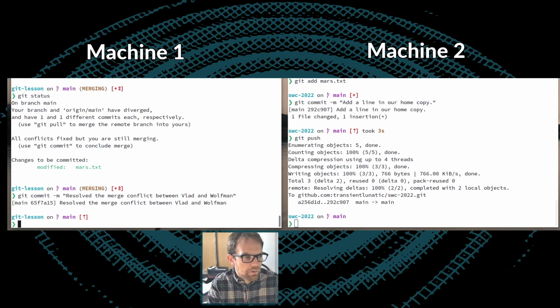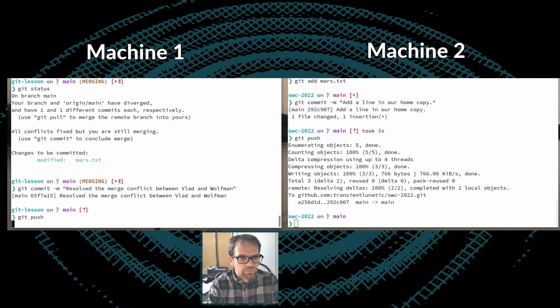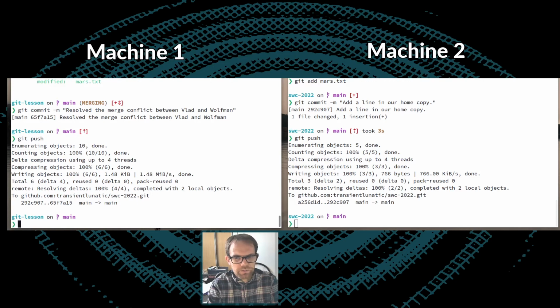Okay, so now we should be able to, remember the entire goal of this was that we wanted to be able to take our changes from this machine and push them back up to GitHub. So hopefully now the history of everything from the machine on the right over here, sorry, I'm mirrored, so everything on the right and everything on the left should have been pulled together and synchronized. So when I do git push, everything should be able to be pushed up to GitHub, and everything looks sensible and in a resolved fashion.